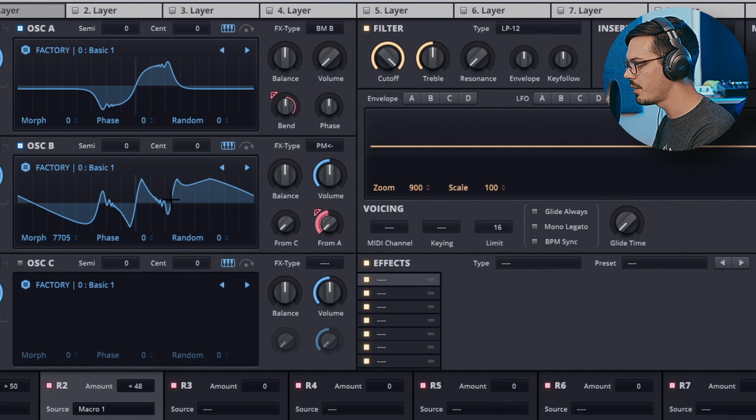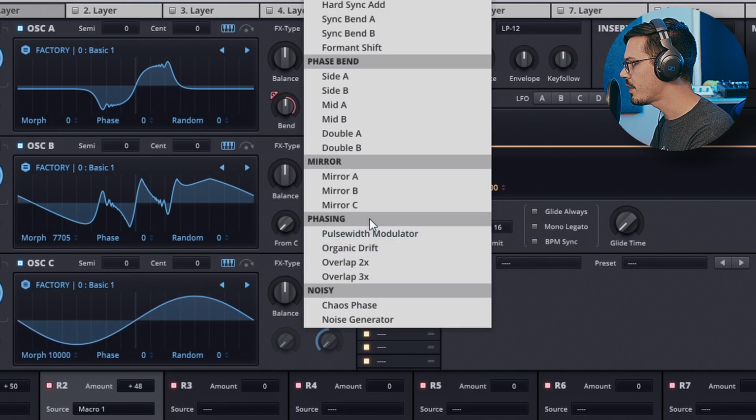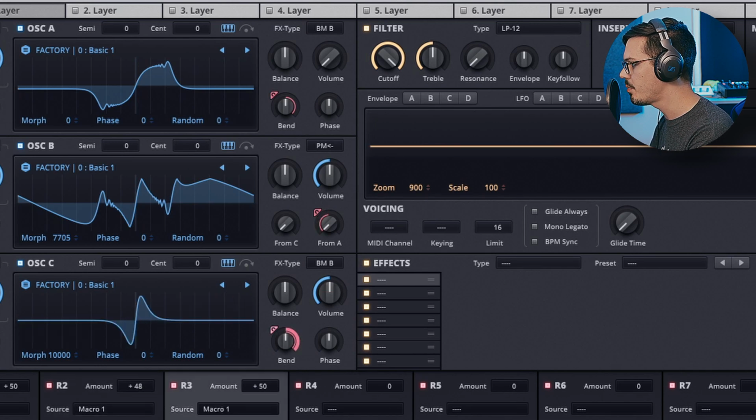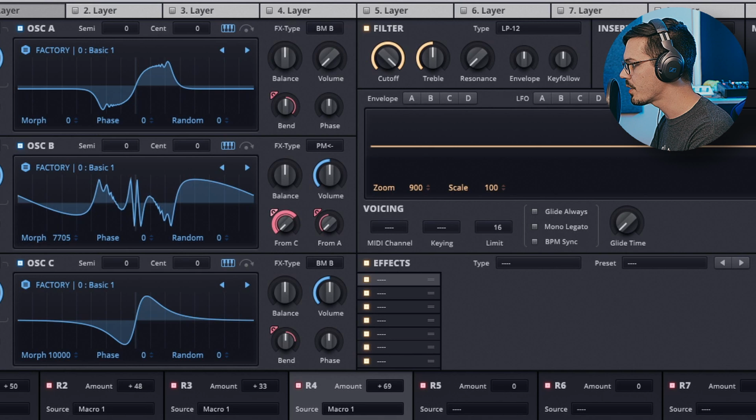lot more complicated. For a bit of added interest, let's bring in a third oscillator here. Maybe we'll change this to a sine as well and add an effect type to that. Maybe we'll do just that same effect. We'll bring this up and assign our macro to this. So we'll add macro to the bend, maybe not make it all the way. And then we'll bring in the FM or PM from C, and that's going to give us something that's way